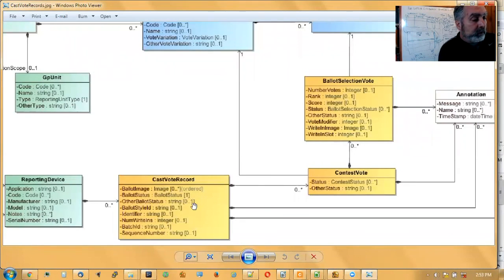There's many ballot selections on the ballot. So you start with the cast vote record, work unit, so a work unit of many cast vote records, but not all of them. Reporting device is indicated. But then there's a work unit table, and that's the thing that,